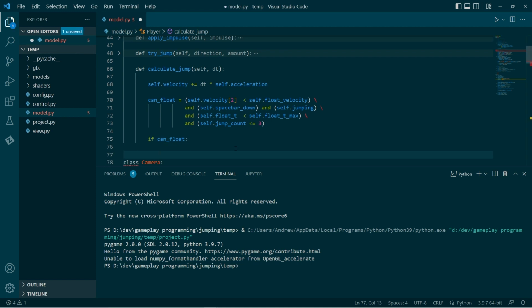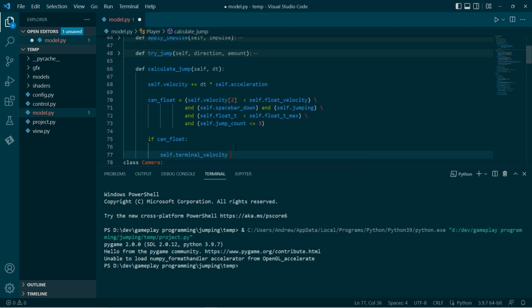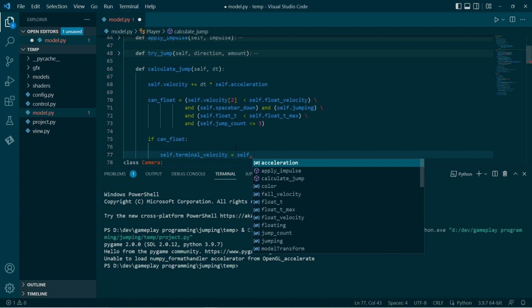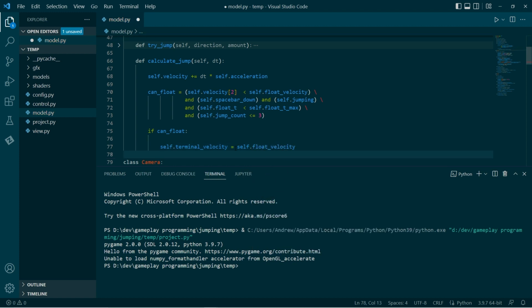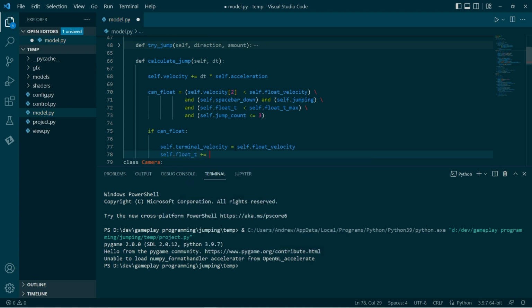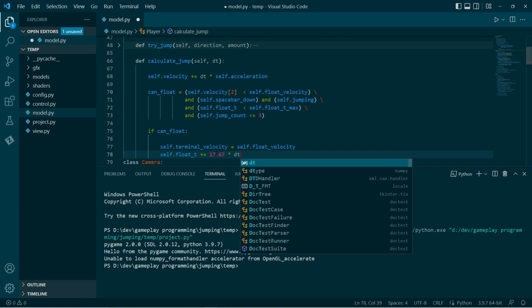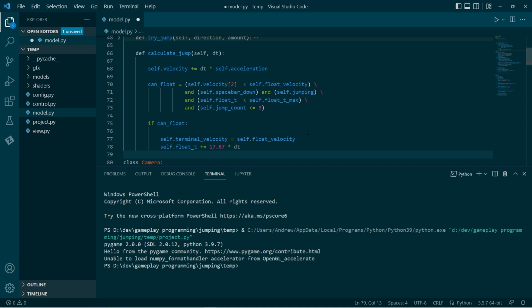Okay, so where were we? Of course, our terminal velocity has to be, we have to select the floating velocity to apply there. Then we increment by the number of milliseconds. So if dt equals 1, this corresponds to sort of a rate of 60 frames per second.